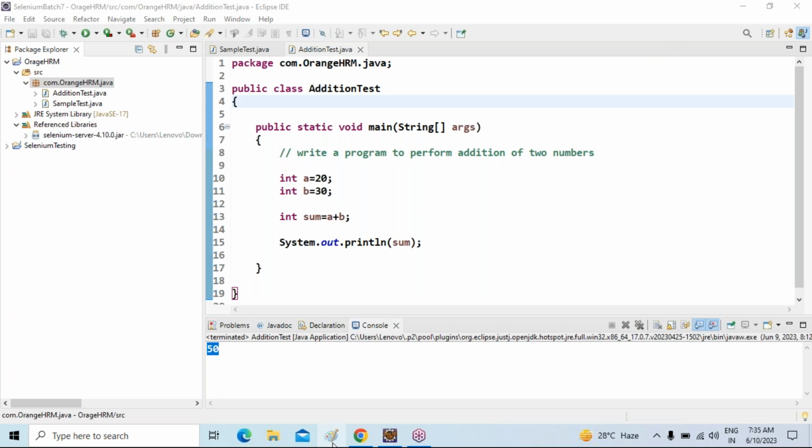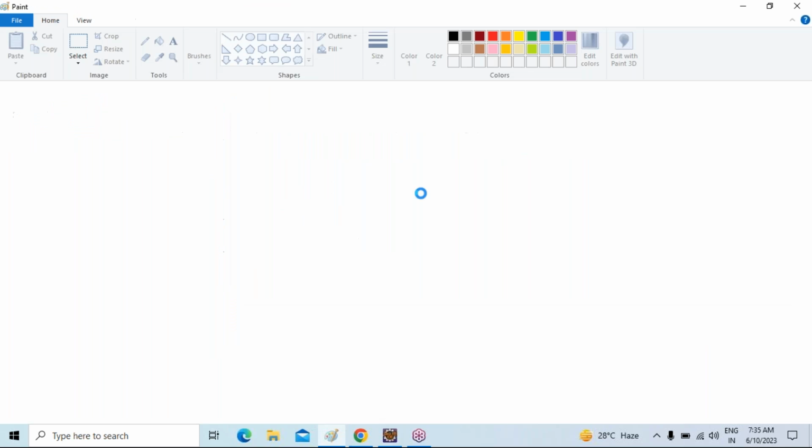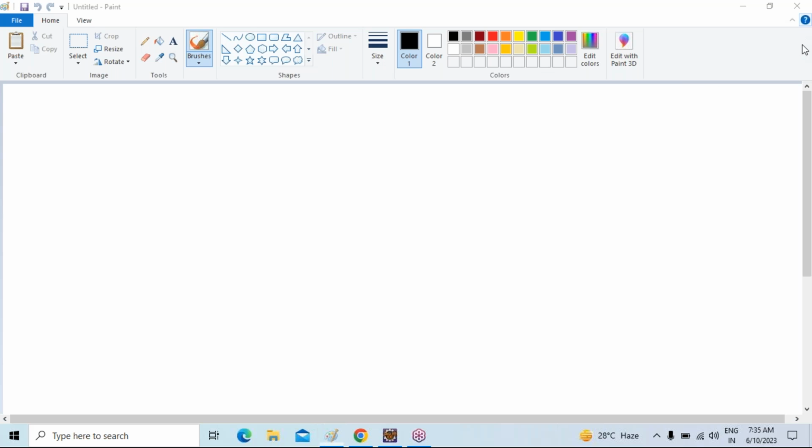So here we have to concentrate on this. Any queries on configuration of Selenium? No, right? So basically, I'll explain it once again. Just understand that. In order to work with Selenium, so here,